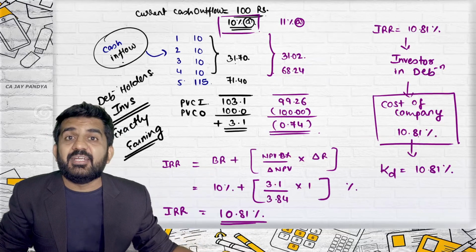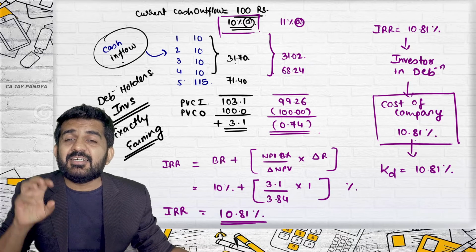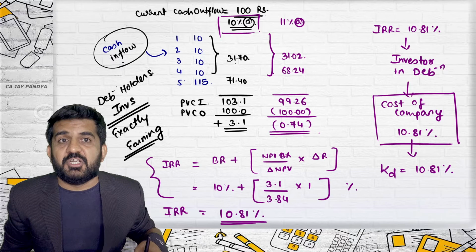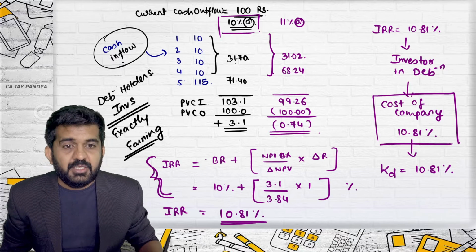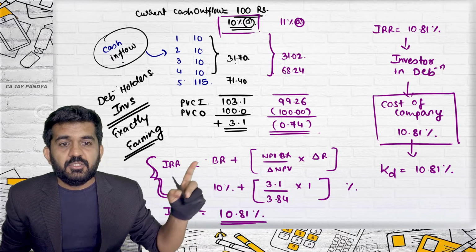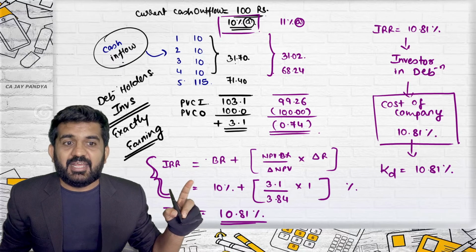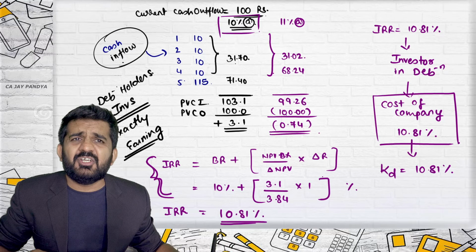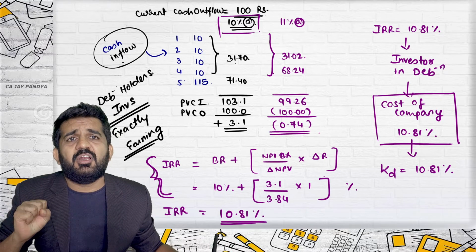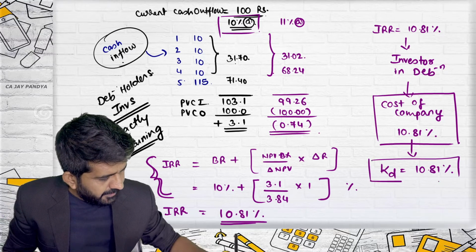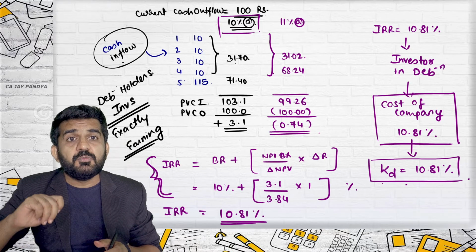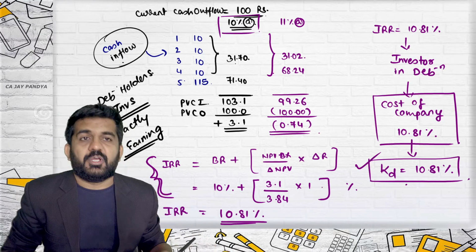This is 10.81, with lesser approximation. Here also there is an approximation technique. This technique is an approximation technique. So even here there is an approximation, but here there will be a smaller level of approximation, and you can find out the cost of debentures. Which is more correct? Yes, this one is more correct.